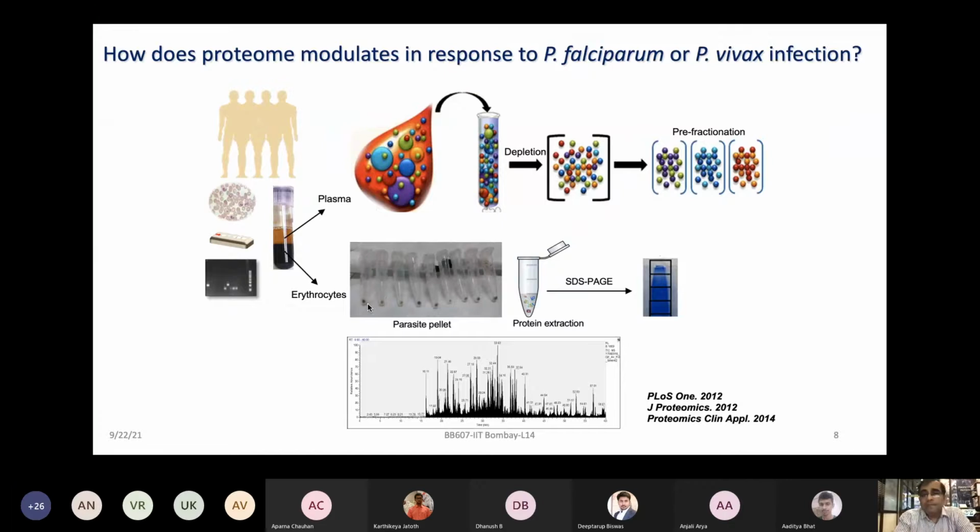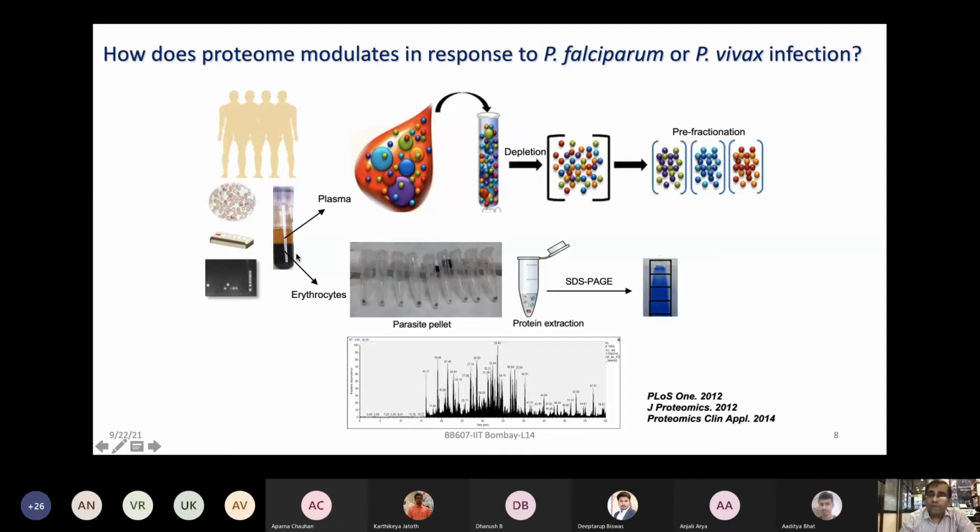So we thought, can we look at a patient's blood sample, which are infected from either falciparum or vivax? We had several centers from India which were part of collaborating teams. A few hospitals from Mumbai, Kolkata, Bikaner and Goa, different populations we tried to screen from, individuals suffering from falciparum or vivax. After doing all these routine tests confirming the patients with the PCR and looking at the microscopy index, we are now trying to look at the plasma samples.